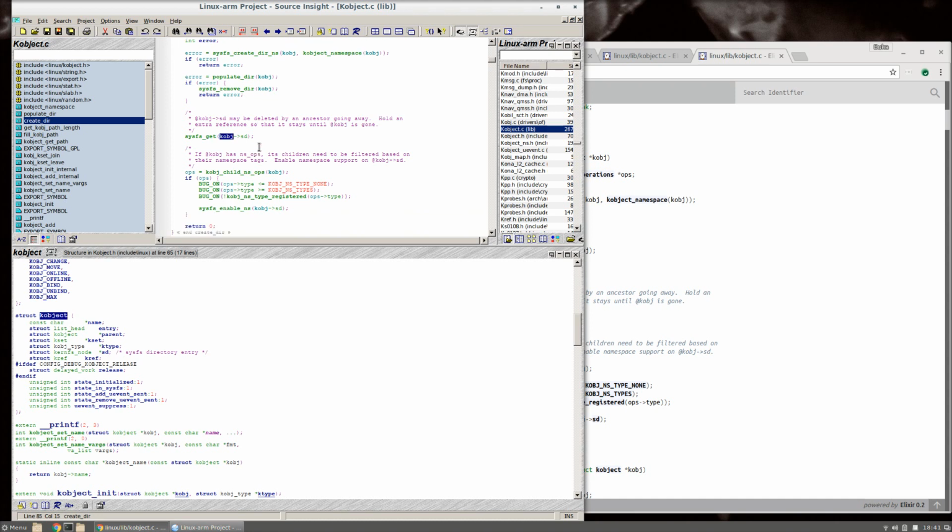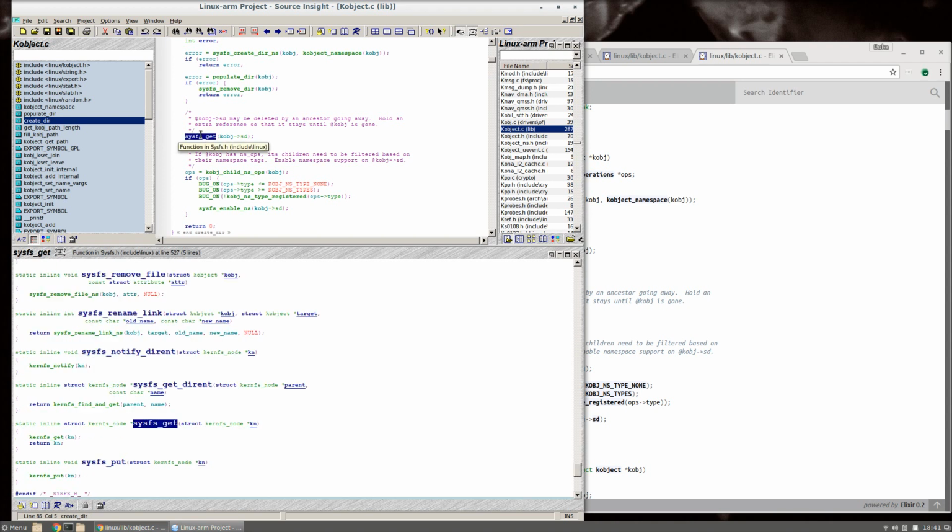So I wonder if it's set somewhere. Yes, it is definitely enabled over here. Let's look at what sysfs_get does. Okay, sysfs_get is a kernfs_get on kn, where kn is of type kernfs_node. Okay, so